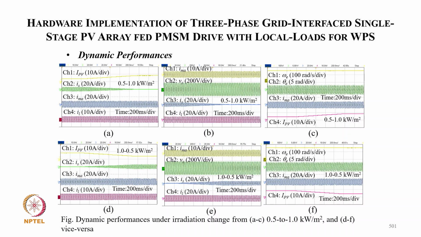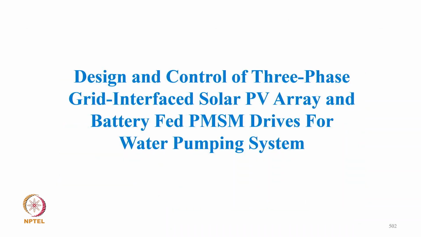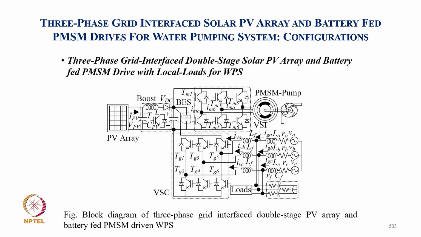And when solar insolation increases, the supply current decreases. Accordingly, the variations are shown here for all parameters. We're going to design the control of a three-phase grid-interfaced solar PV array with battery. So here we connect the battery